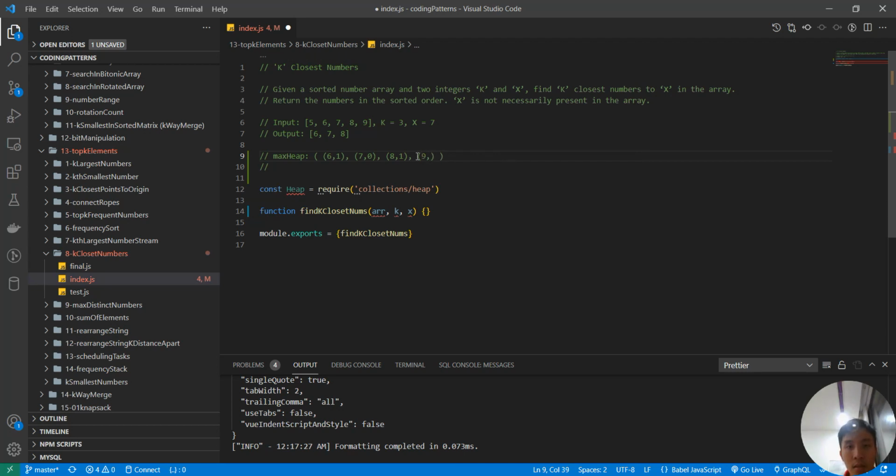So 9, the difference with x is 2, right? Okay, so right when 9 is added to this heap, our heap again reaches k plus 1, which is 1 element more than we need, so we need to extract 1 now. In this case, it would be this one. Why is that? Because it has the largest difference compared to 7. So this one now,